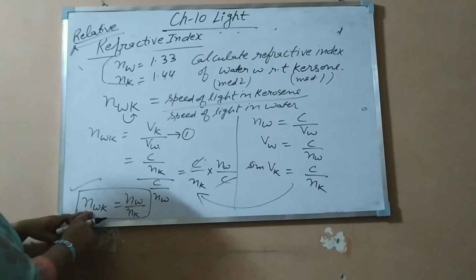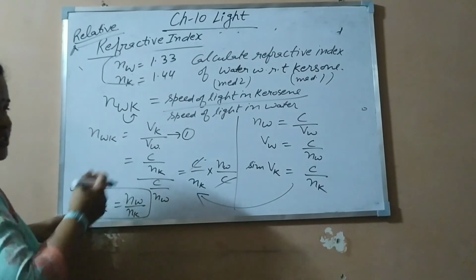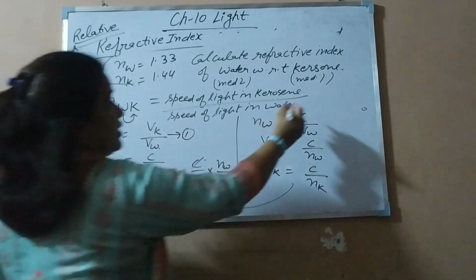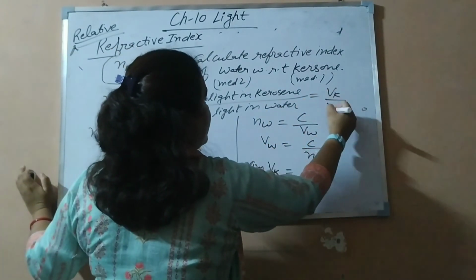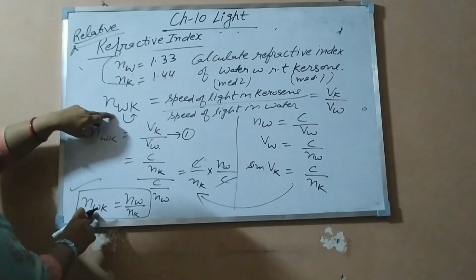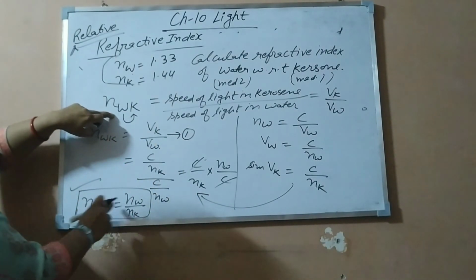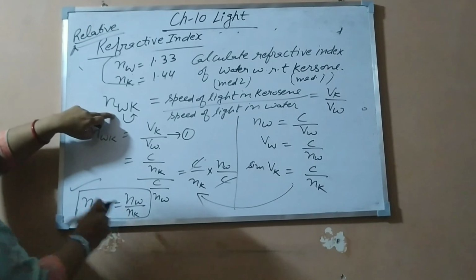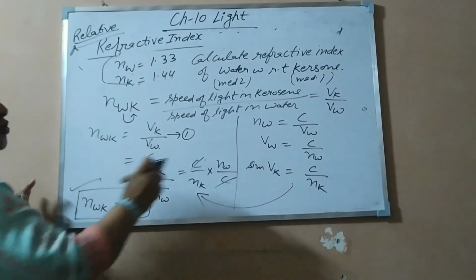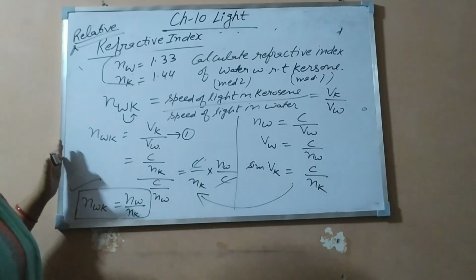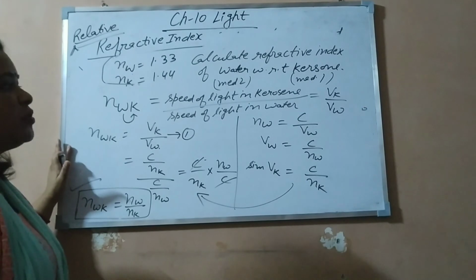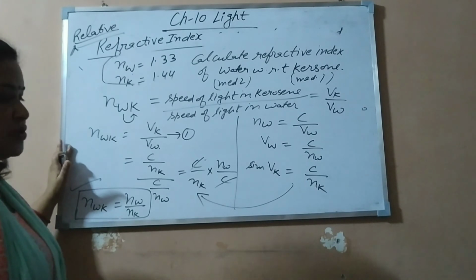Or you can directly learn it, if in the exam it is a 1 mark question, so directly put the formula. But you should take care. Here it is Vk upon Vw, speed of light in kerosene upon water. But if you take refractive index, it directly comes as refractive index of water upon kerosene. If you are not able to learn it, or are confused, then you have to solve it. So practice these types of questions, read the topic from your NCERT book and try to solve the questions. Thank you and have a nice day.